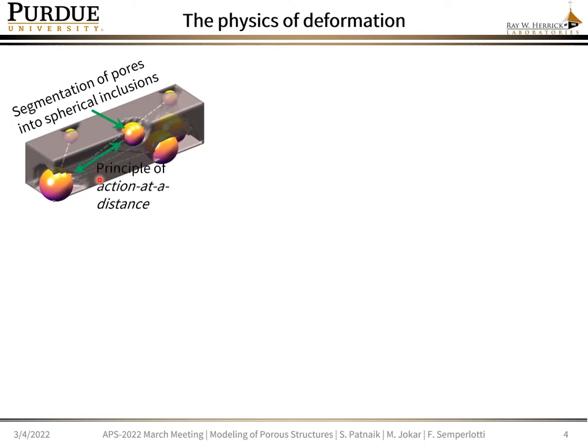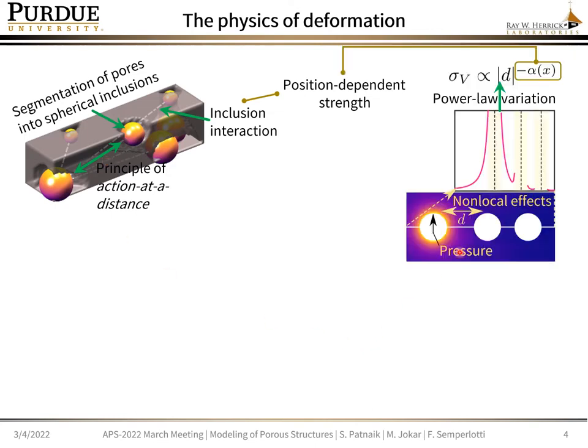Now one can visualize the porous solid as a network of spherical inclusions which interact with each other in a non-local fashion. It is also important to note that these non-local interactions carry a position dependent signature. In order to understand this, we simulated a series of 2D inclusions and observed that the strength of these interactions decays in a power law fashion and exhibits a position dependent strength. That is, inclusions of larger size and spatial locations with a higher concentration of inclusions lead to a higher strength